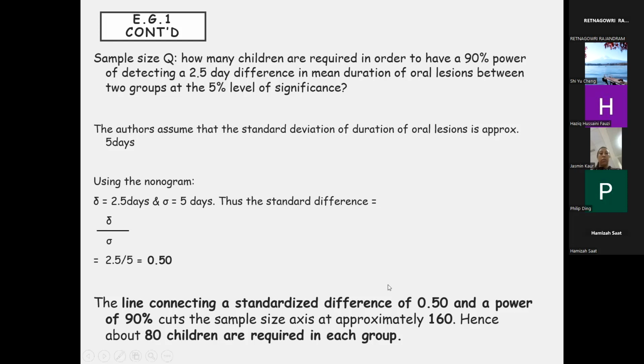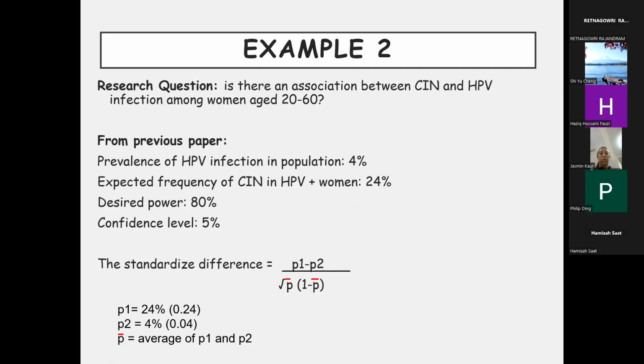This formula is specifically for RCTs, so it cannot be used even for observational studies comparing two groups. I mean, it can be for observational studies, but it has to be an RCT model. It cannot be something where you are not fixing your grouping, okay? Cannot be for retrospective either.